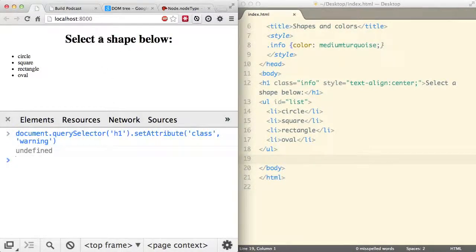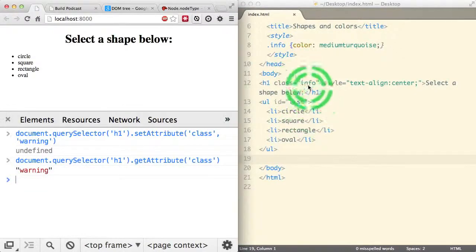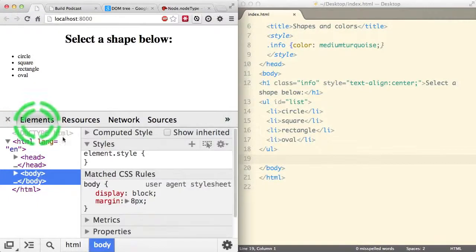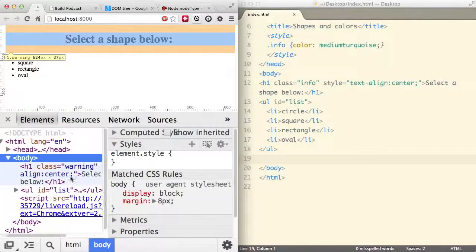Notice here how immediately the color changed, because it is no more class info, but it is class warning, which I have obviously not styled. And now when I try to query it, so getAttribute class, it will give me warning. Now obviously the original document will still say info. If you want to see the changes, let's come to the element tab, the body, and yep, here you will